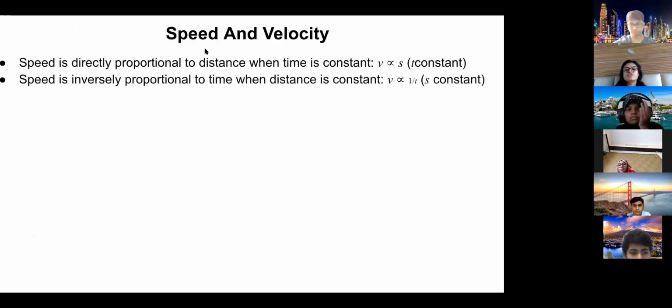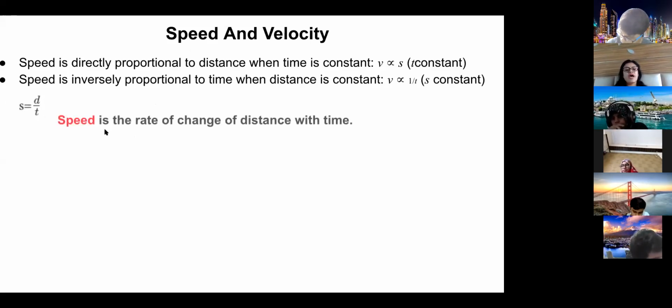Now today we'll do speed and velocity. You know when the graph is given, how to find out the speed. But when the question is in terms of mathematical numbers without a graph, how will you find out? Then the formula of speed is given by distance upon time. Write down this formula: speed is equal to distance upon time. And speed is the rate of change of distance with time. This is the definition of speed.